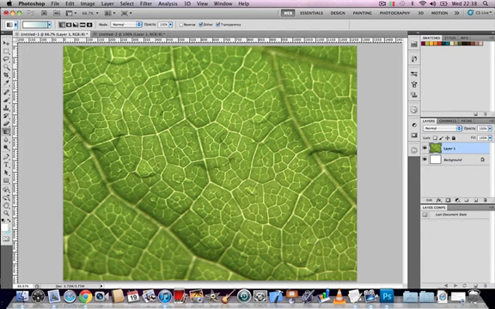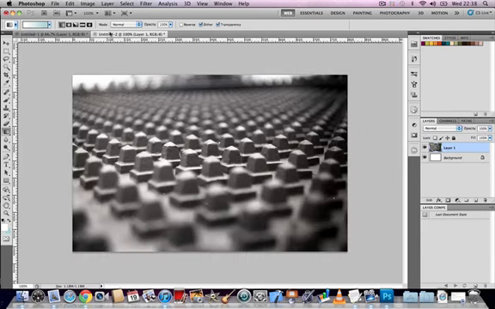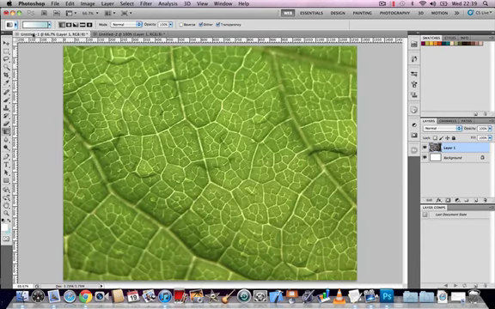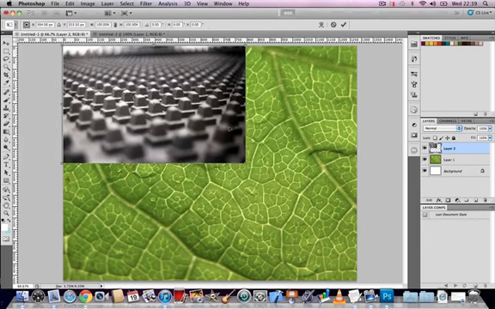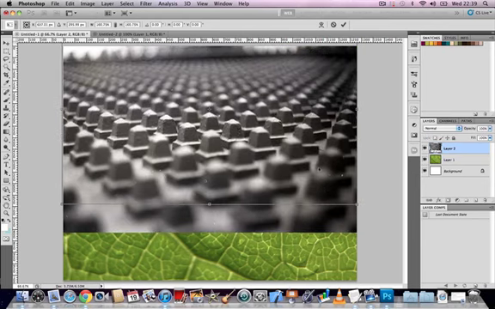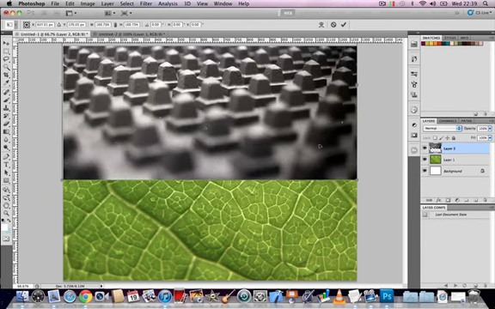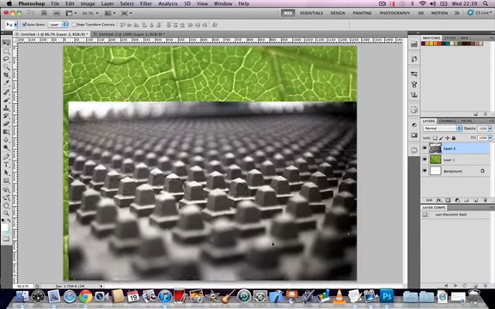Okay, so what we've got here is an image of a macro close-up shot on a leaf, and in our second tab we've got a macro close-up shot of some machinery here, or metallic surface. So we're going to just copy the metallic one and paste it into the leaf scene here, and I'm just going to resize it a little bit and reposition like that. So it takes up roughly half the size of the screen. Okay, the next thing we're going to do